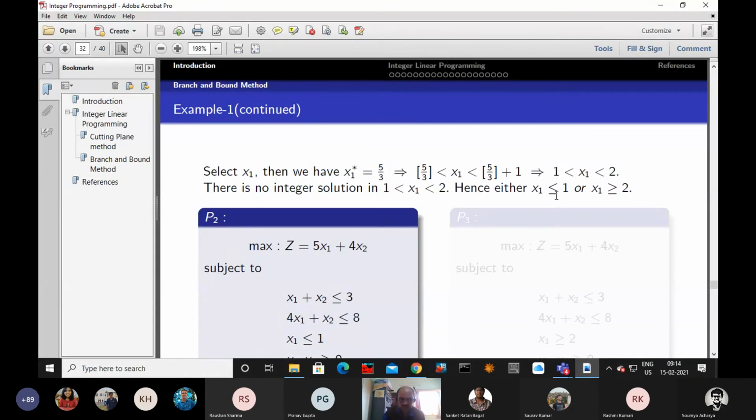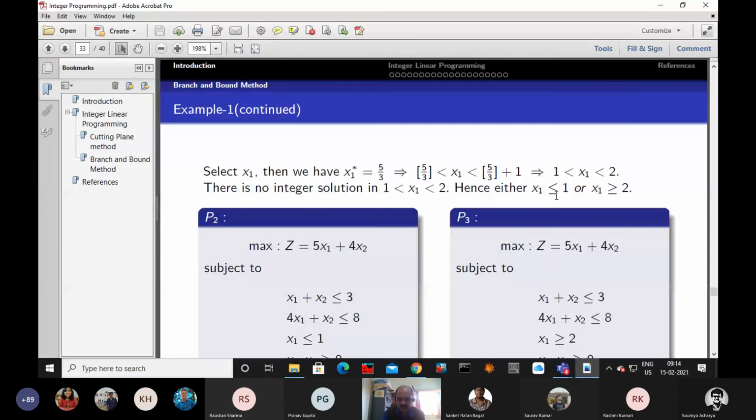Sir, this way constraints can be added continuously until we get an integer answer, because suppose again we get a fractional part. Yes, you are able to guess that very early. So from P we have two different problems, P1 and P2. Now see here, from P we are making two different problems.